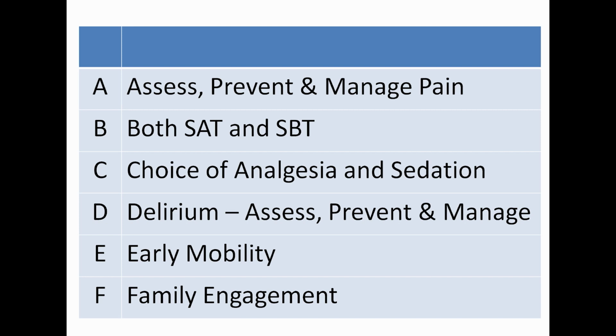This slide details the 6 individual components of the bundle. A, standing for the assessment, prevention, and management of pain. B, meaning both the performance of a spontaneous awakening trial and a spontaneous breathing trial in a coordinated fashion. C, the choice of analgesia and sedation. D, focuses on the problem of delirium. How do we assess it, prevent it, and manage it? E, assures that we are maximally mobilizing our patients on mechanical ventilation. And the final component, F, assures that we are engaging families who are involved in the care of these critically